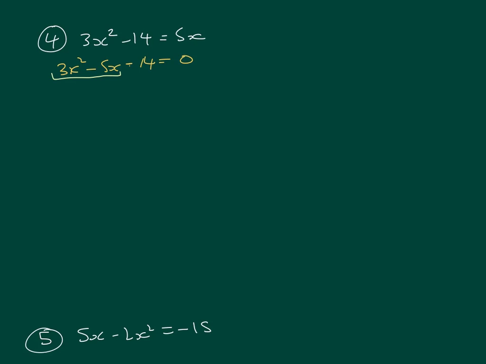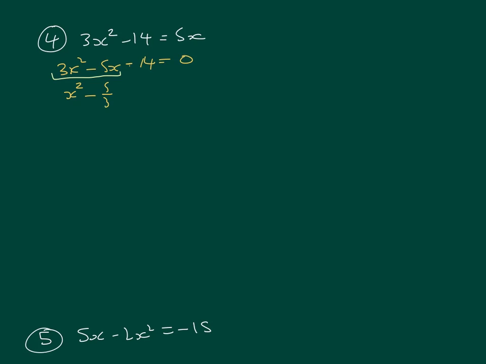So we're going to divide it all by 3. In previous ones where you don't have this equal sign, where it's just an expression, we'd have to factorize it out and put it outside the bracket. But because it's an equation, we can just divide everything by 3. So divide it all by 3, we'll get x squared. The reason I'm dividing by 3 is to get this coefficient of x squared as 1